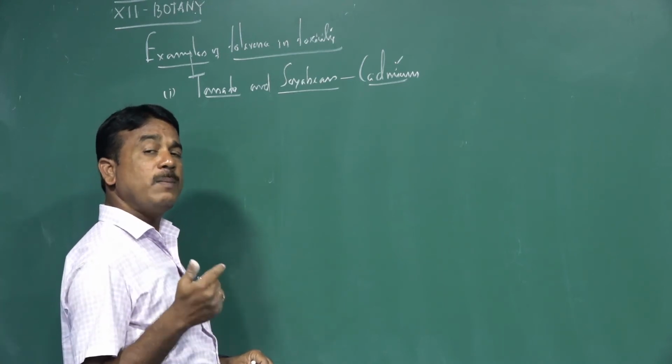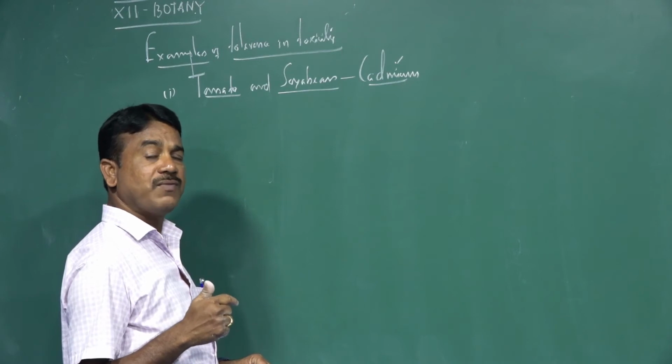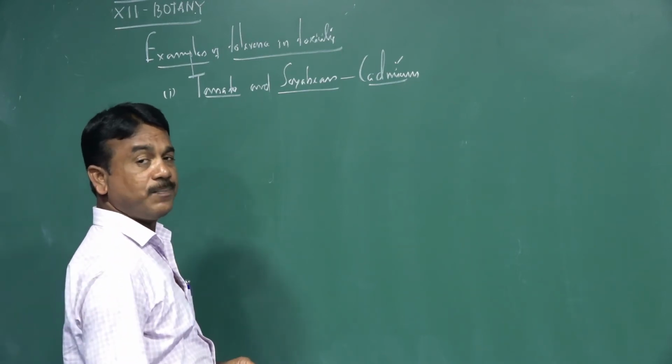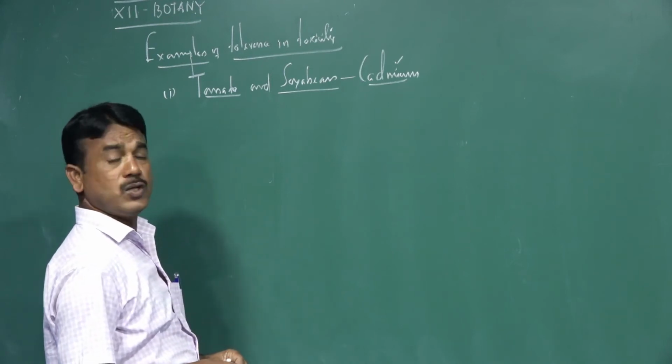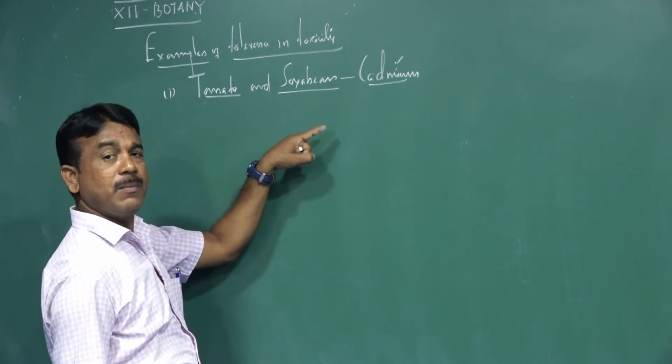If consumed, it causes many kinds of adverse effects on human health. So in tomato and soybean, the toxicity tolerance of cadmium works like this: